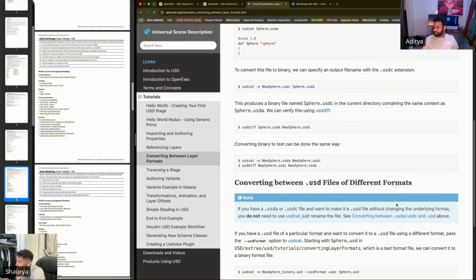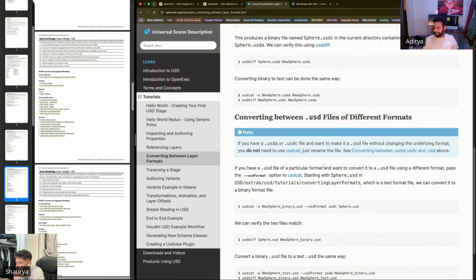If you have a .usd file of a particular format, and want to convert it into a .usd file of another format,